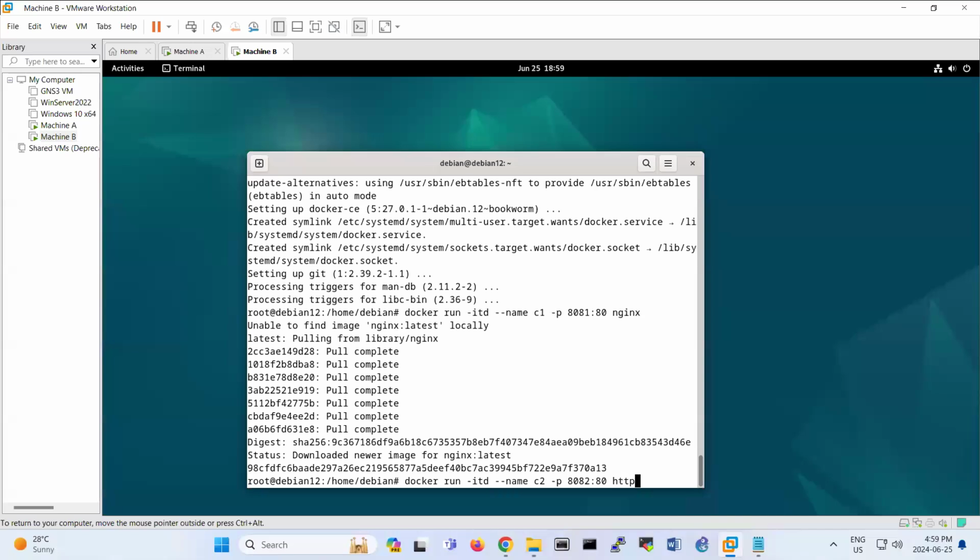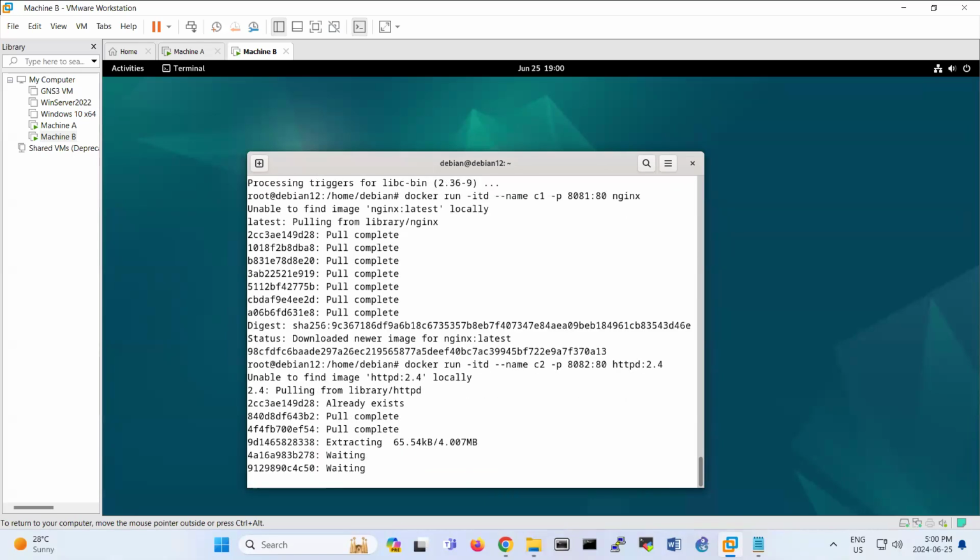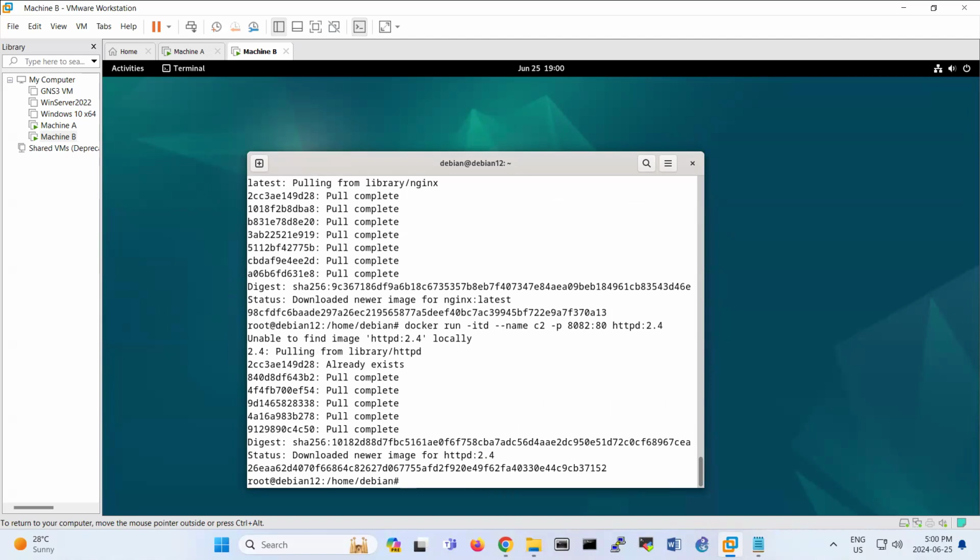So HTTPD is part of CentOS. You know, in CentOS we call it HTTPD, but in Debian we call it Apache. But look now, it will pull the Apache image and fill it with this container. Now Docker container